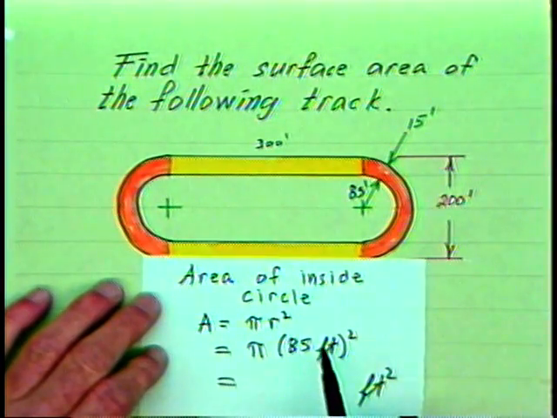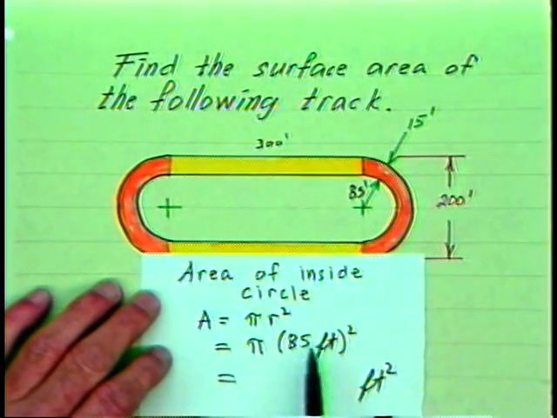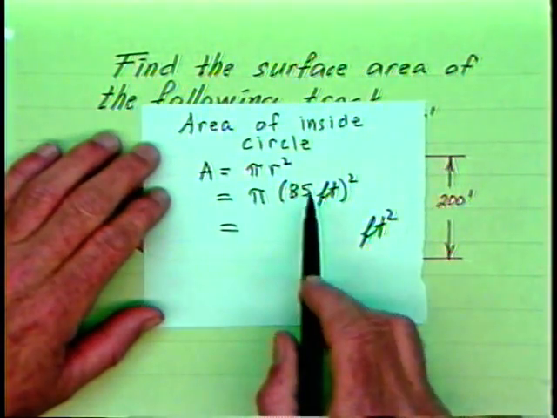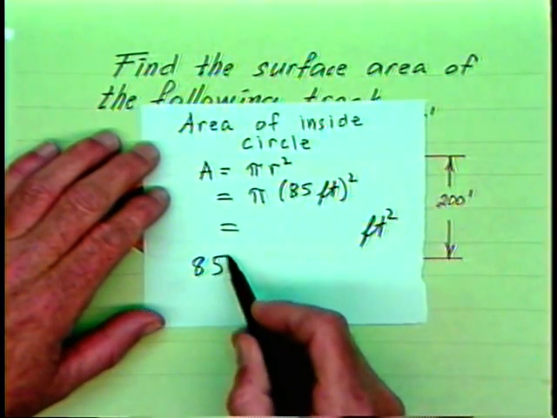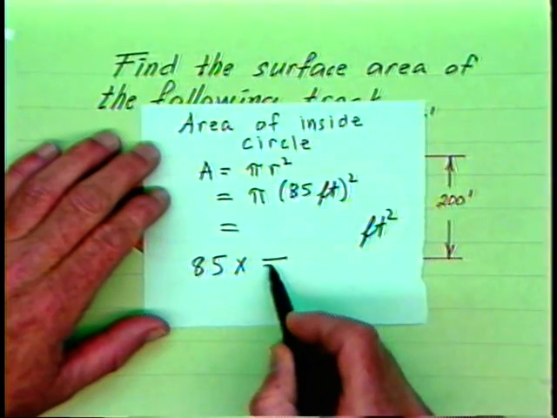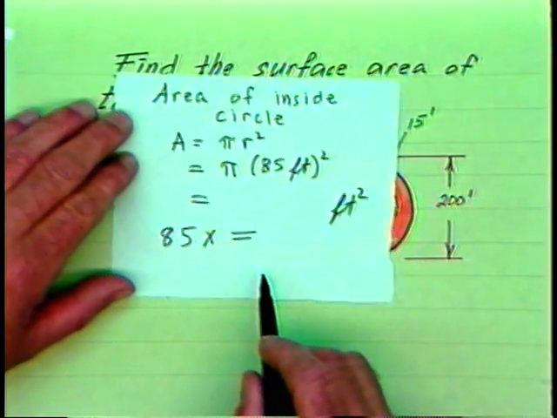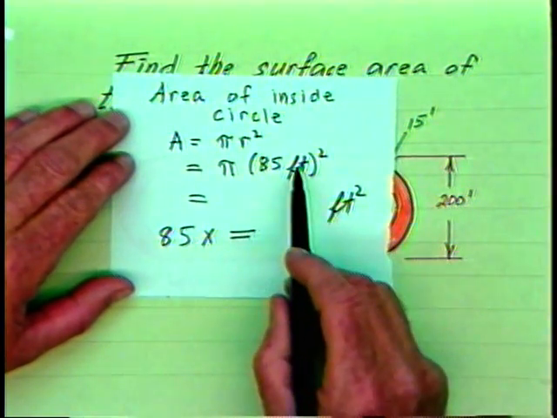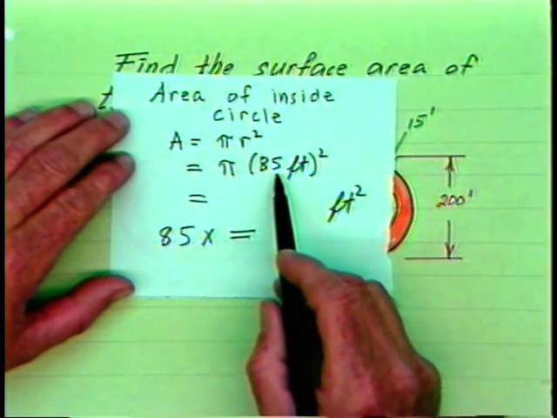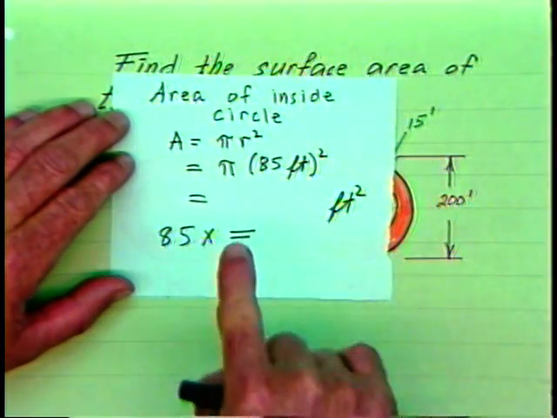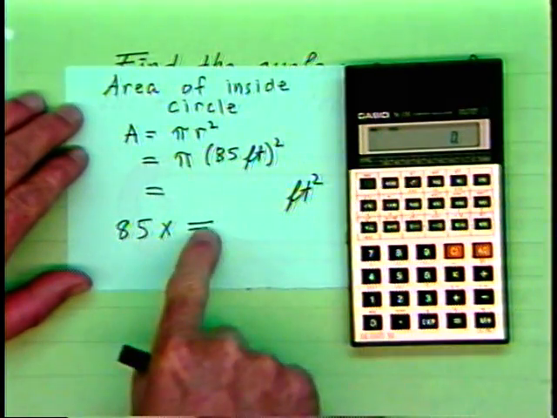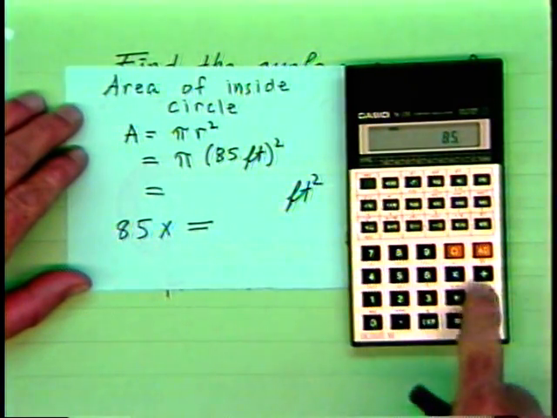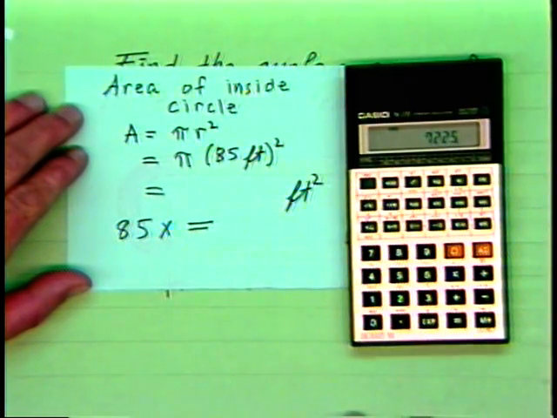So from our last lesson, do you remember the fast sequence for doing this on the calculator, the 85 squared? You're going to take 85 times equal, and that will square it, or you will find an x squared key and simply hit 85 in that one key. So doing this way, there's 85 times equal, and that's the square,